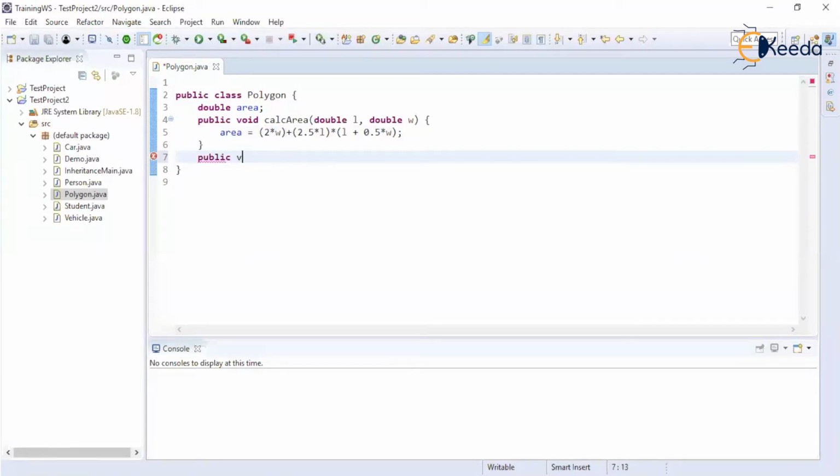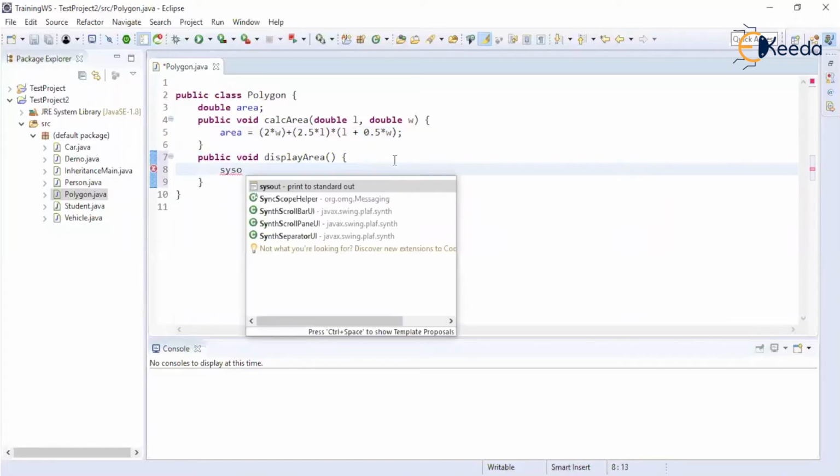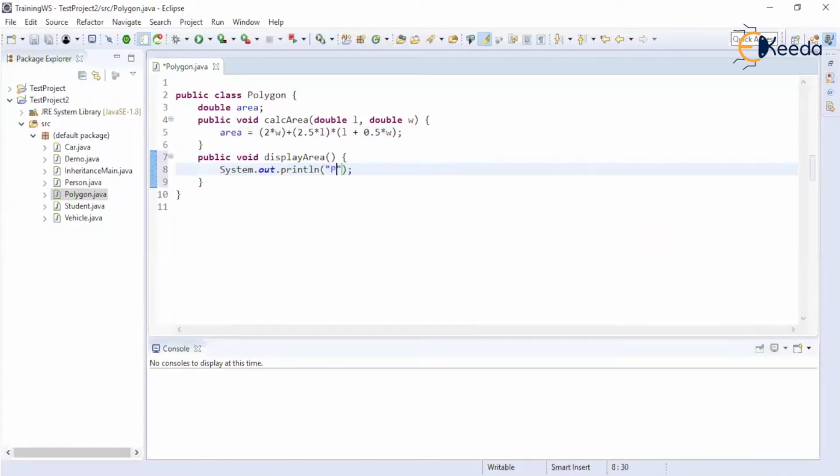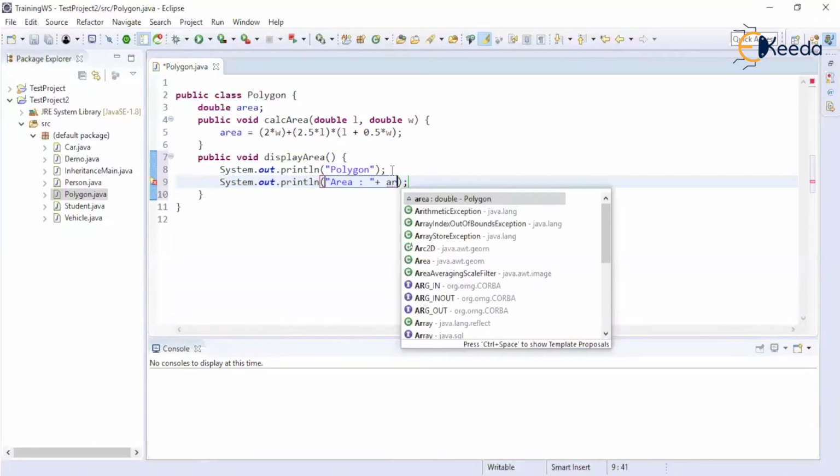And I have a method public void display area, and it is printing area of polygon because I want to specify that the method of polygon is here and it is getting executed, and this is printing the area, whatever calculated area it is.